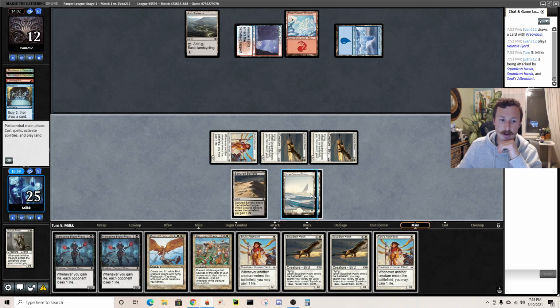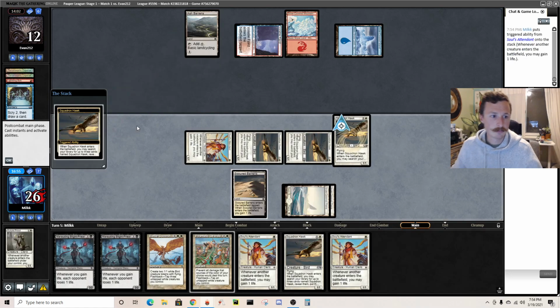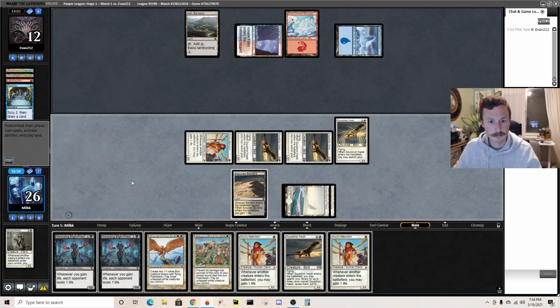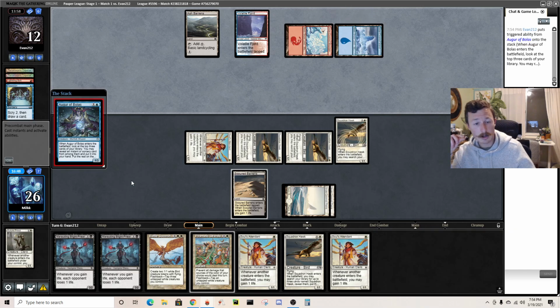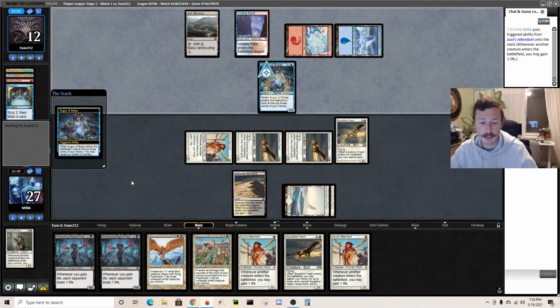I'm just so confused about how they played out the game to start. I think they already need to Wrath, so I'm just gonna Hawk. Pass. Augur, okay. Maybe I'm just playing too cautiously, but